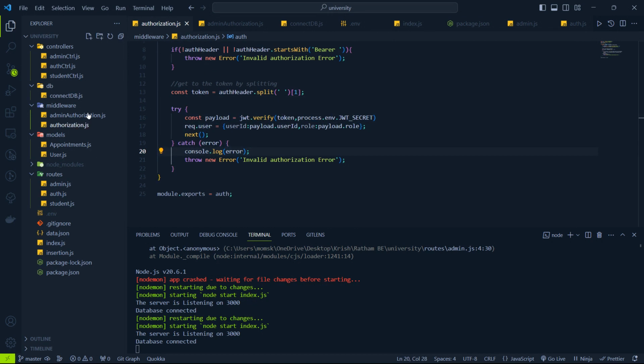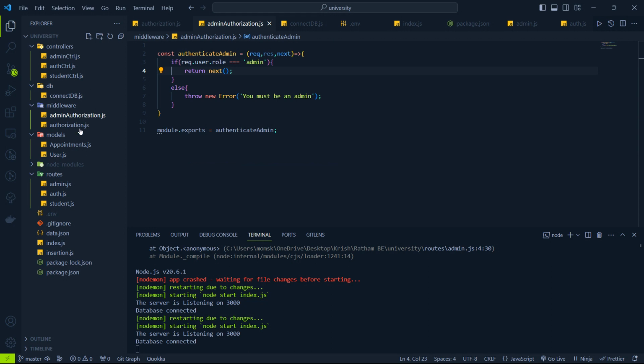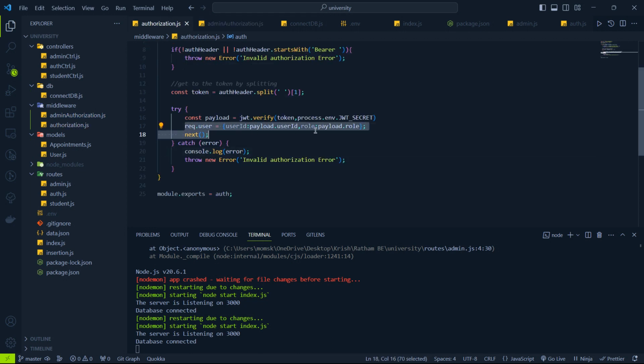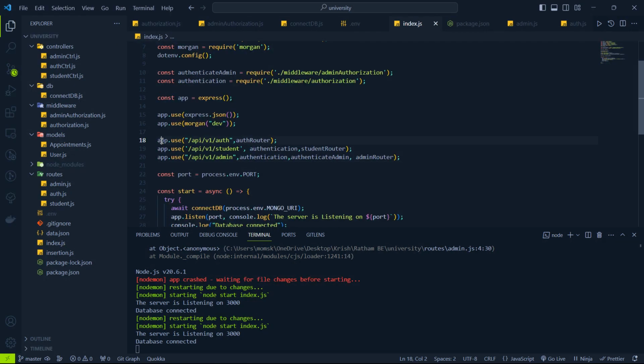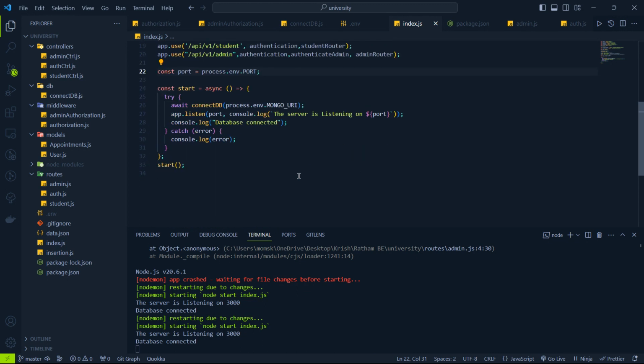This is the admin authorization. So over here we have set the request.user to the payload present in the JWT, which is user ID and role. So there we are checking that if the user's role is admin, we are passing it on to the next middleware, and these are the API endpoints. So the admin has both authentication and authenticate admin as the middleware. And yeah,